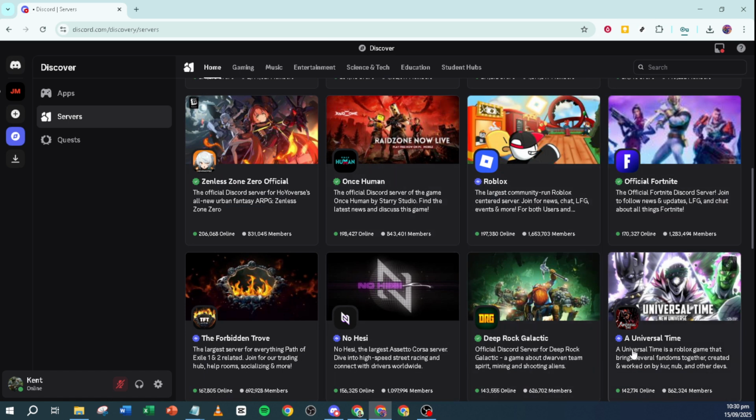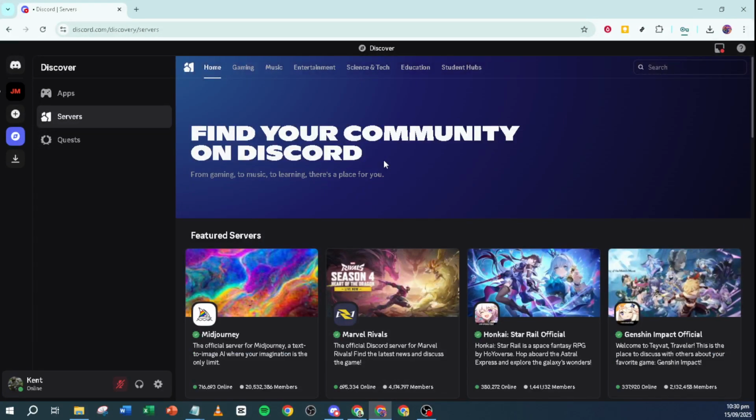Once you click on a server, use the search function to find the exact server you want to join. Enter relevant keywords or the server's name in the search bar, which will help refine your results. When you find the server, click on the Join button. This action sends a request to become part of that server, allowing you to start engaging in the community activities